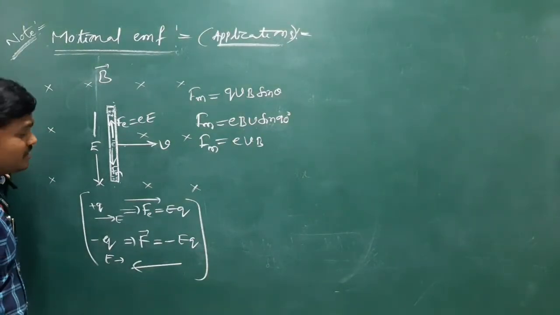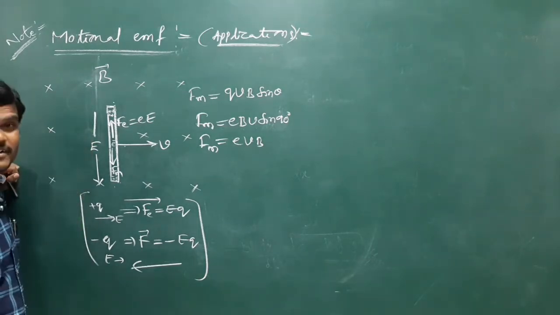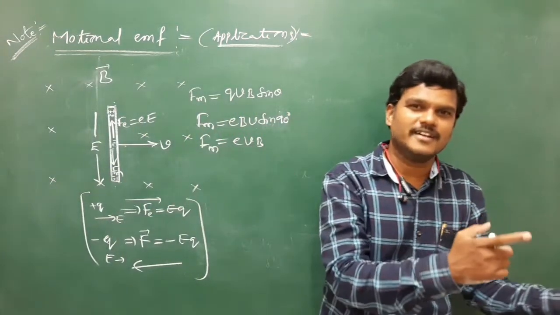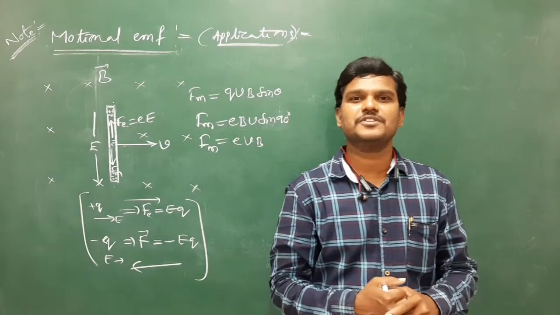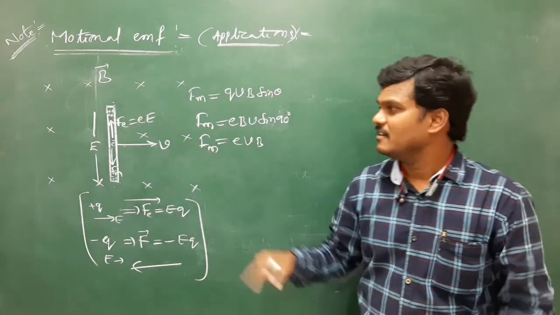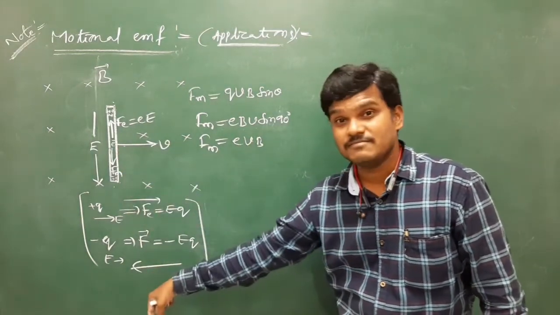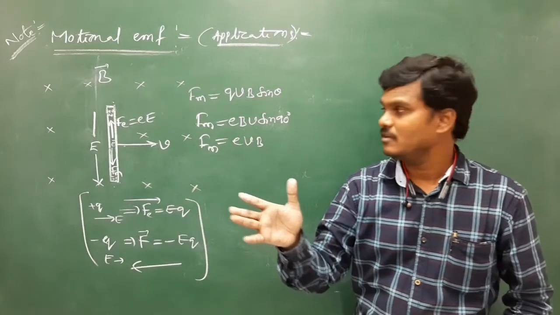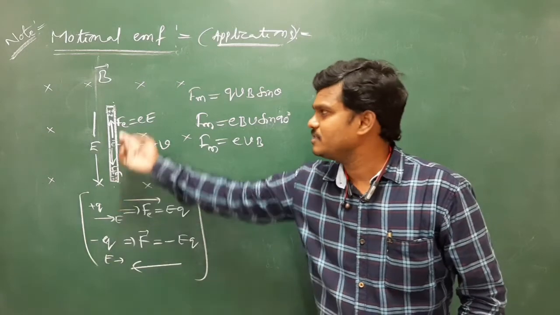See the story. There is a conductor, and the conductor is in a magnetic field. Once it is in motion, as I told earlier in simple words, as the conductor cuts the magnetic field lines, an EMF is induced, and that EMF we can call a motional EMF. Now, see the actual story inside. If this conductor moves, then this electron experiences some magnetic force downward, and that direction of magnetic force I identified by the right hand palm rule. Later on, due to this force, negative charges will be collected at the bottom and positive at the top.